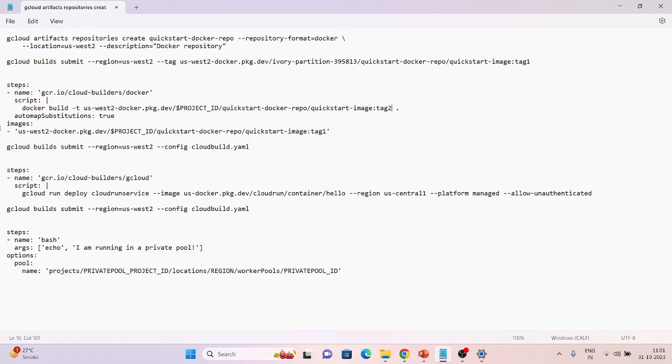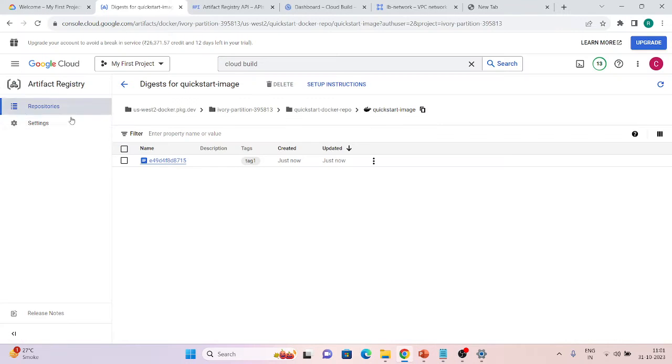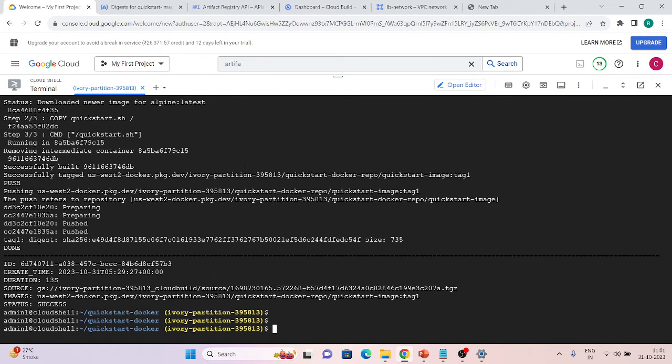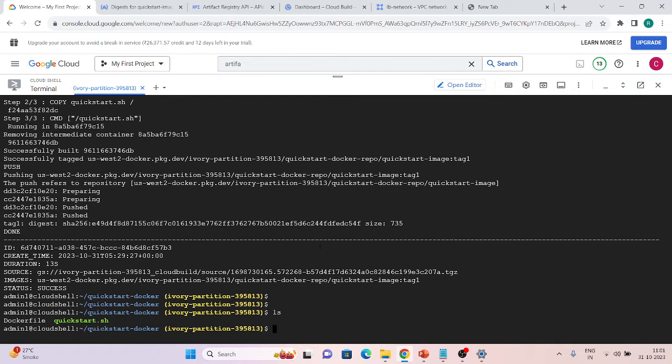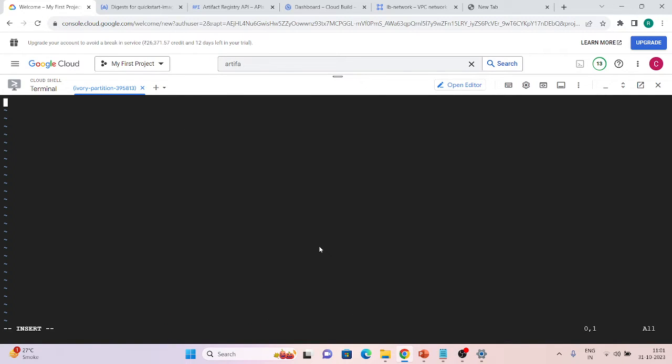And after that we will give this one, images. So once that image is created, it will just push into our artifact registry. So just copy this and go here, in the same folder where all these files are, we will create one more file. We call this cloudbuild.yaml, and we just paste those commands.